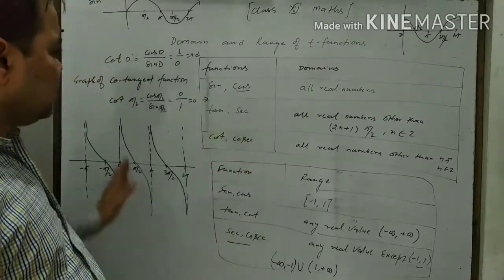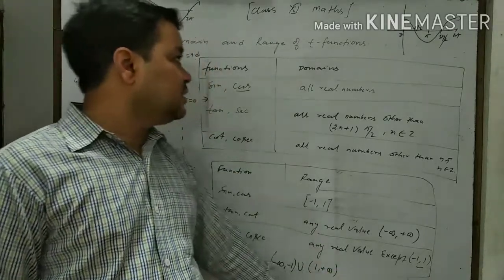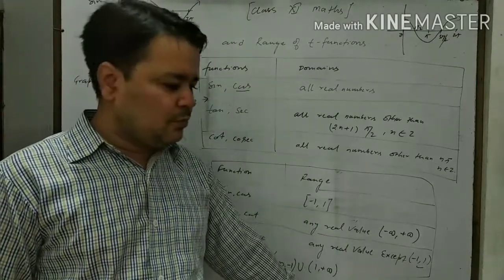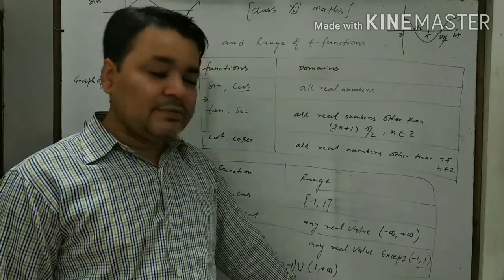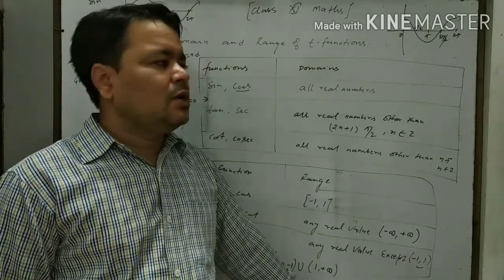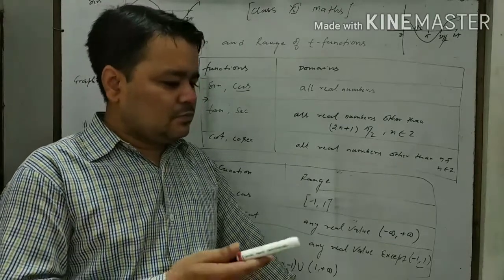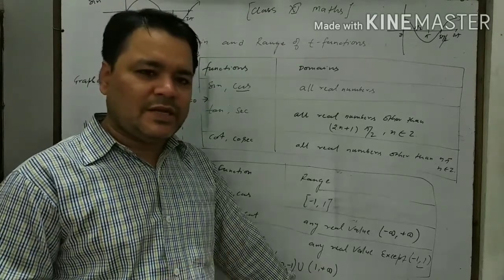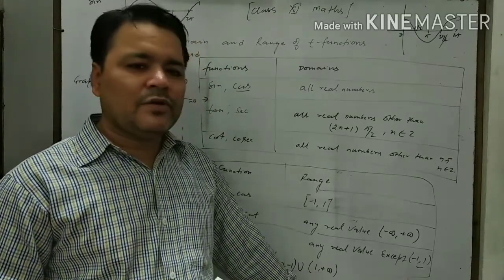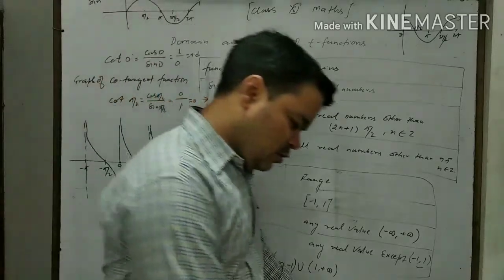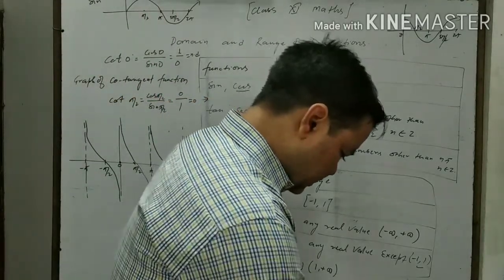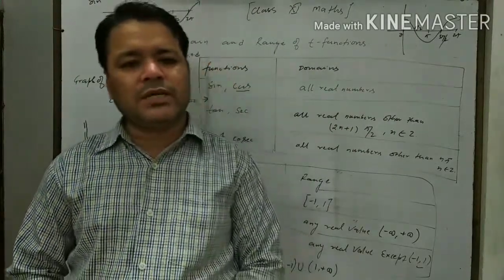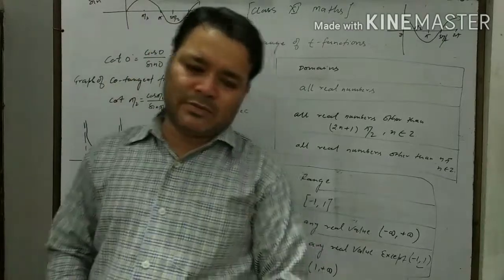In this way, this is a very important thing, that is domain and range of the trigonometric functions. It is needed for the next class also, for 12th class, because in 12th class you have inverse trigonometric functions. At that place it is very useful, and from the competition point of view also it is very important. Now let us see some questions given in exercise 3.4, but before that let us see the example question.